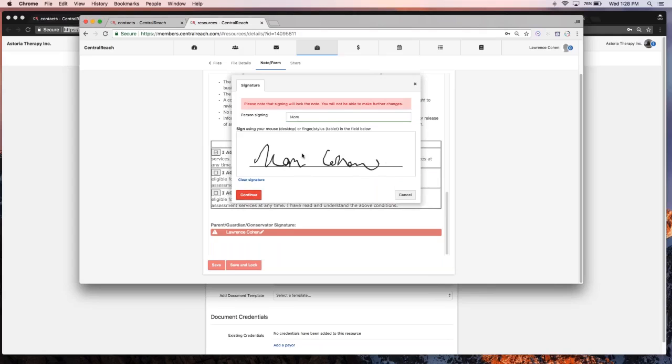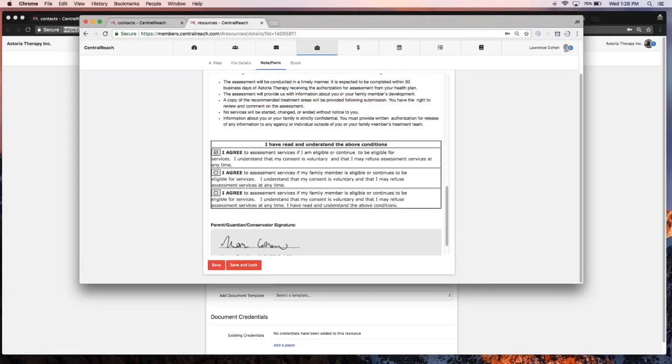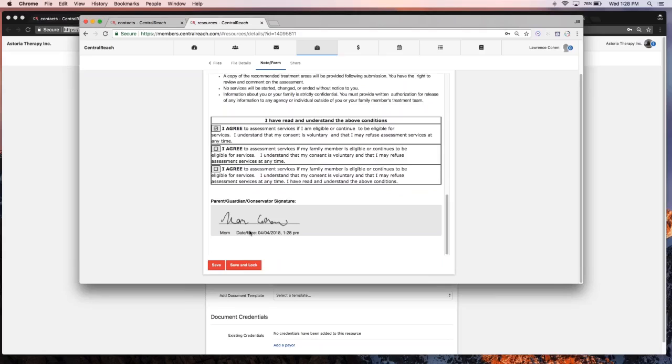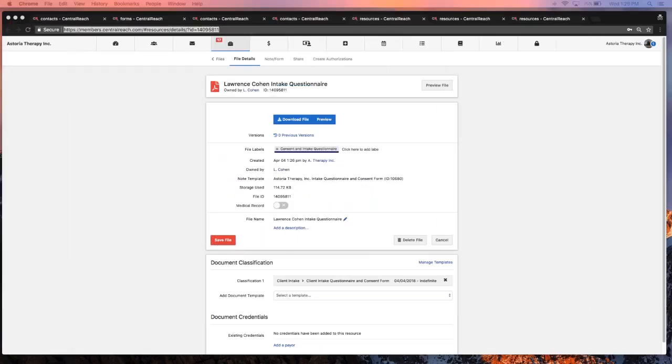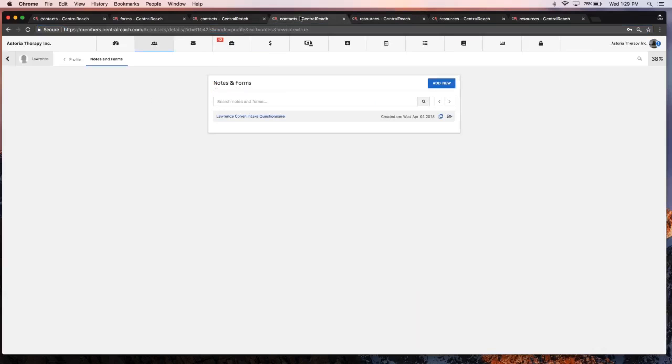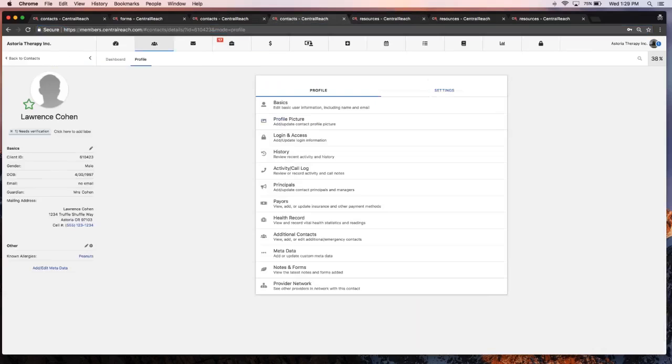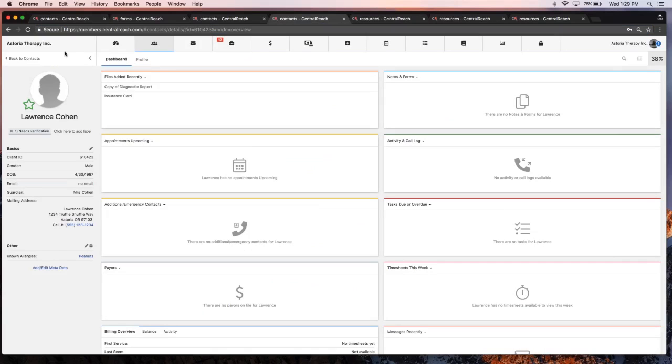I did also tell the system to go ahead and timestamp this, so you'll see the date and time happens automatically. So it has an automatic timestamp, and all I'm going to do is hit save. I can see that my file has now been saved. Again, nothing was downloaded, nothing was taken out of the system. When I return back to Lawrence's profile and I refresh,